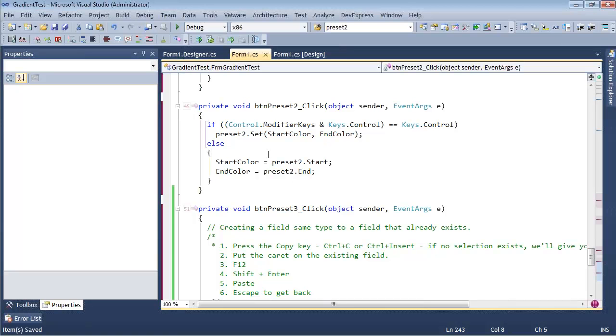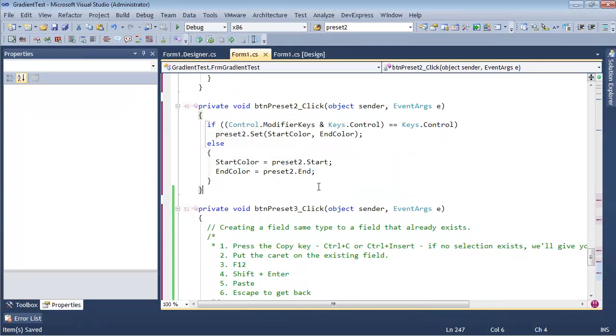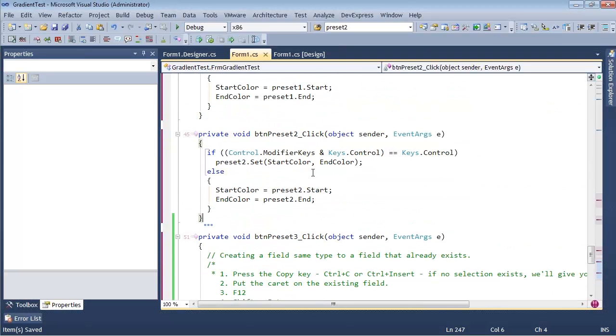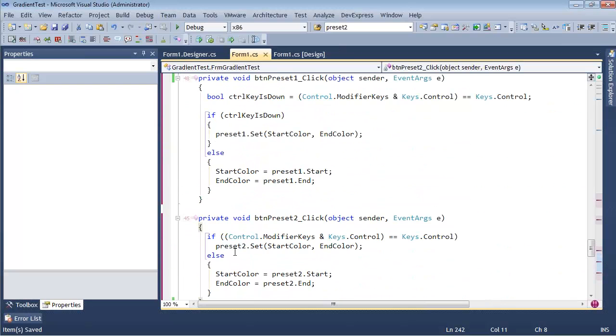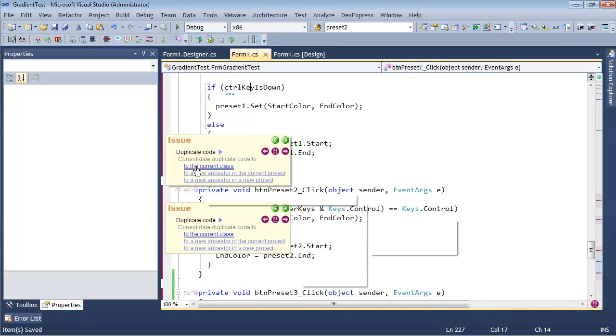What I was going to say is you want to start the consolidation from the piece that looks the best to you. So for example, right here, since these are all different, I've got a large comment in this block of code over here. This one is a little more compact. This one I've got a local variable that I'm declaring, but it's essentially the same as this piece. So it's all different. I can select the one that I like the best and say, let's do consolidation from